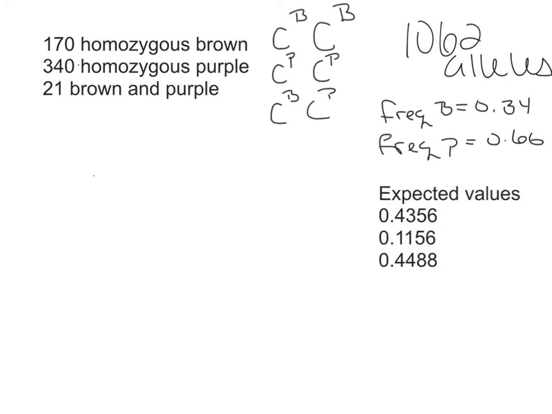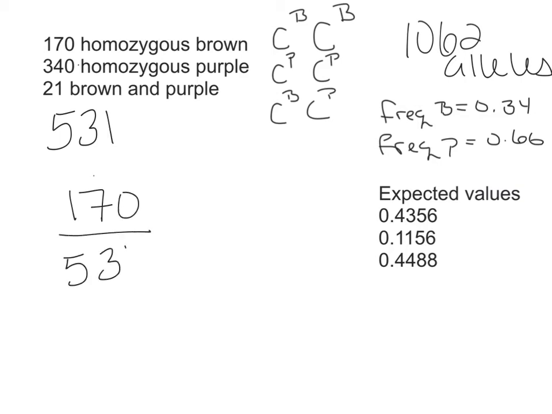Third step to this problem is to calculate observed values for our genotypic frequencies. So to do this, we're going to go back to the number of individuals in the entire population. So we know that that was 531. And we're going to calculate using the actual numbers we observed. So for homozygous brown, we have 170 individuals. We divide that by 531. And this is going to give us a frequency of